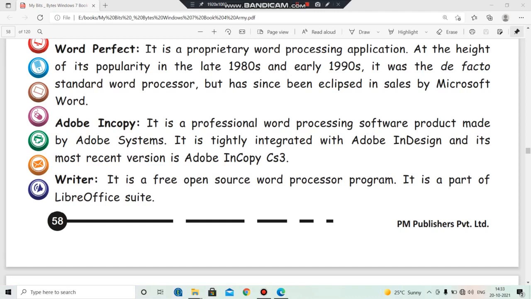It is completely integrated, पूरी तरह से Adobe InDesign से related है, जुड़ा हुआ है. Recently they have launched a new version, the Adobe InCopy CS3.